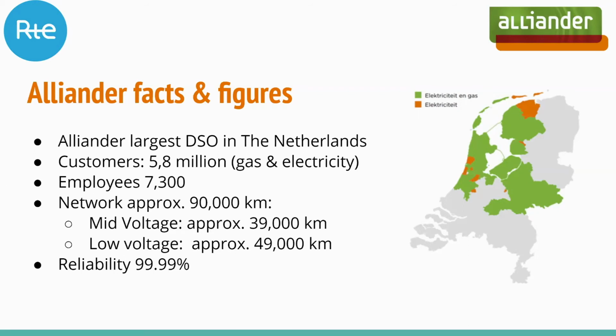First of all, I'd like to tell something about Alliander, facts and figures, as I call it. As you can see, it's the largest DSO in the Netherlands. In the Netherlands, we have basically 5 or 6 DSOs, of which 3 are quite big. And of those 3, Alliander is the biggest. As Hene just mentioned, we have the transmission system operators, and the distribution system operators, that's called DSO. We have about 5.8 million customers, basically with gas and electricity. Of course, someone can have both gas and electricity as a connection, but as you can see, the mix